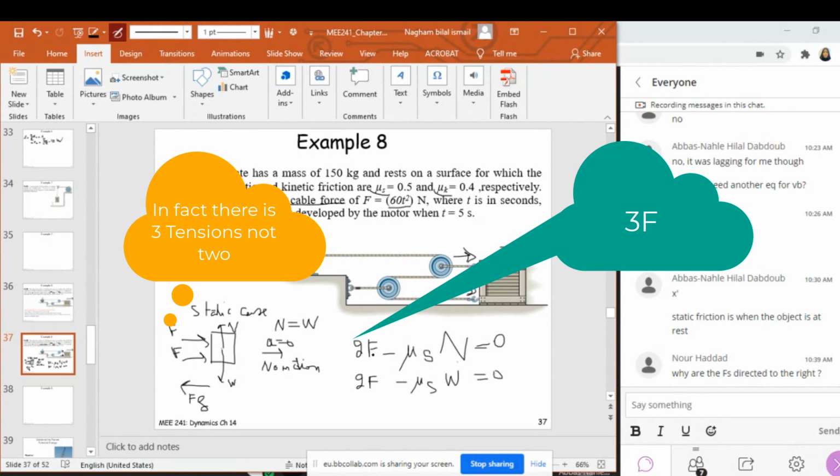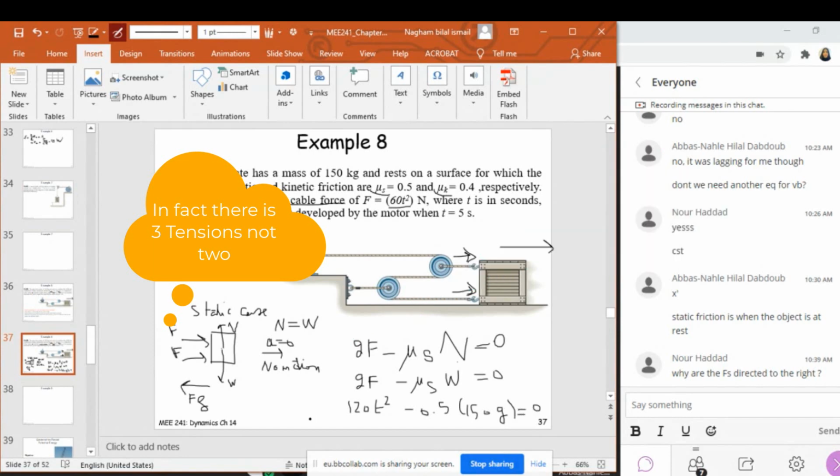And then I'm going to replace this force by 60t squared. So 120t squared minus 0.5 times 150g is equal to 0. And this means that t is equal to